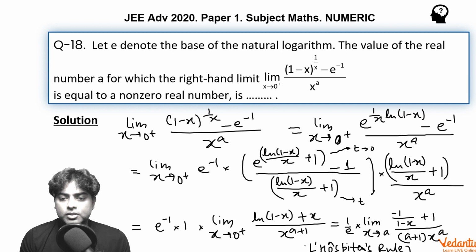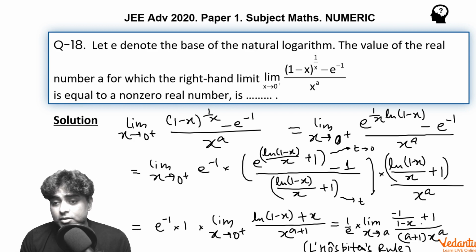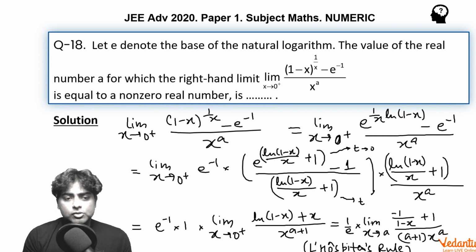Okay, I'm using that. Now changing the page, then we'll get in the numerator, you can observe, we'll get minus x upon,